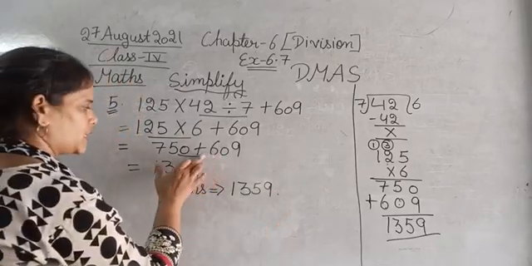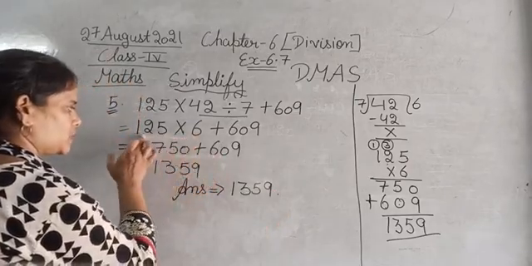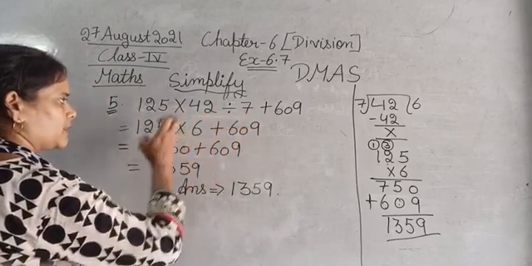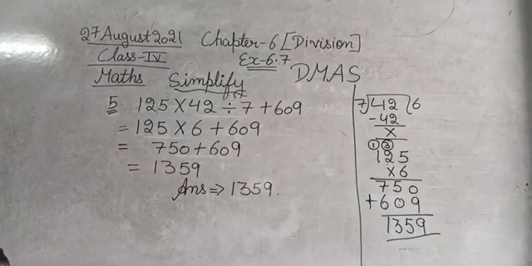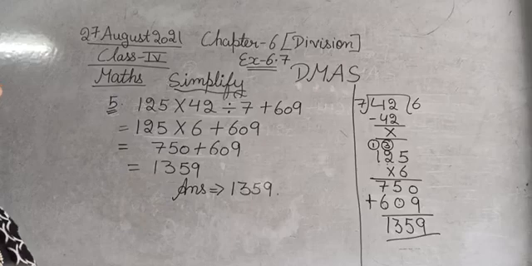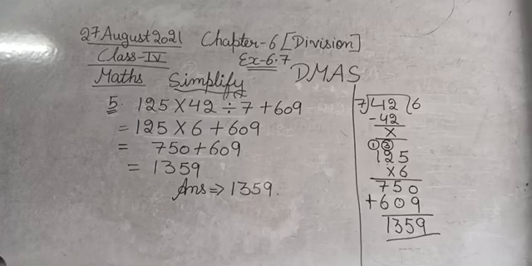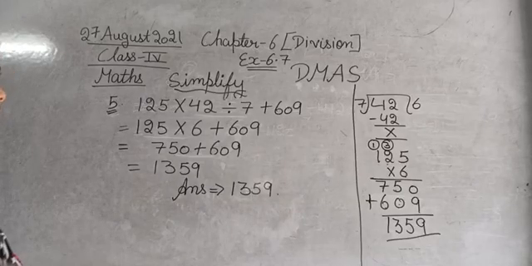Okay, you don't need to draw these lines, son. I have just drawn it to make you understand. Okay, I drew these lines to explain to you. There is no use of lines for you. Okay, so you are not going to draw it. Okay, so this is the solution of question number 5 of exercise 6.7, and you can pause your videos here and note it down in your notebooks. Chalo, moving next to the question number 6.